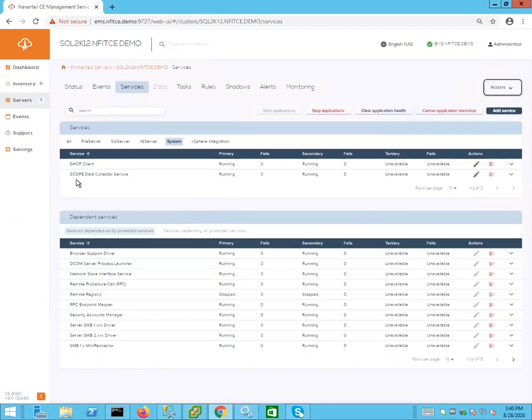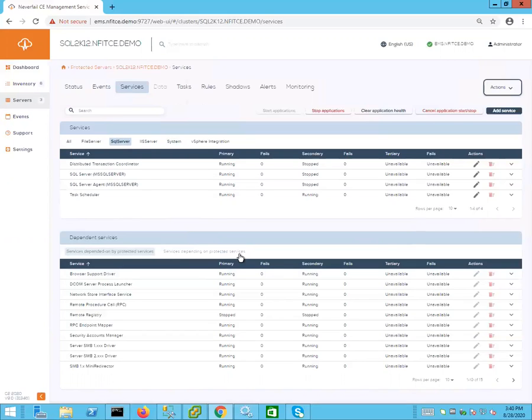In this case, the DHCP client, and also one of our other products that is part of Continuity Engine, which is Scope Data Collector Service. So what we're going to do is concentrate right now on the SQL Server services. And if I click on the SQL Server agent itself, and I go over to the actions where I want to edit,